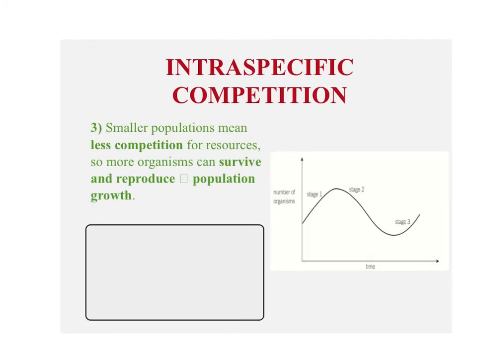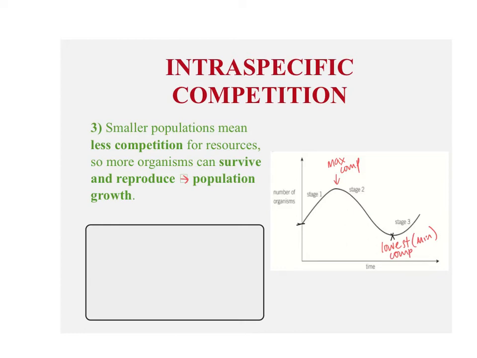Now finally, down at the bottom of stage 2, we've got a small population, quite a low population, very much smaller than the starting population in fact. And there's less competition here. So we can actually label where there's stages of maximum competition and lowest competition, or minimum. And at this stage of minimum competition, there's more resources available. So individuals die, there's fewer individuals, there's still the same number of resources. But in this case, they are able to survive and reproduce,